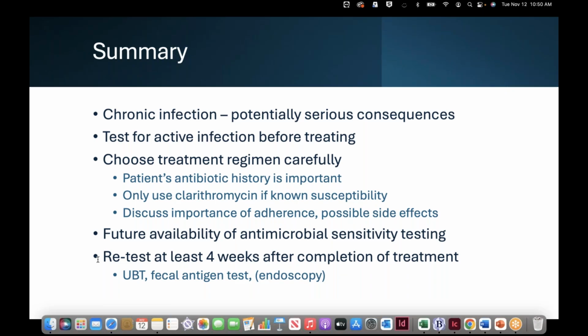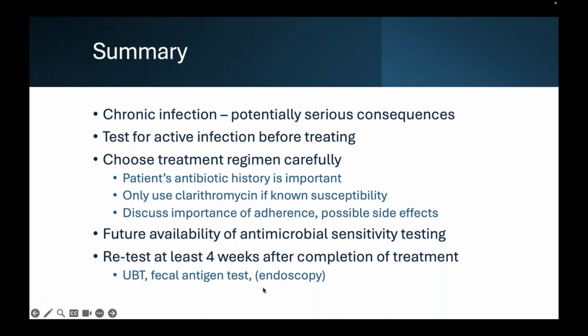The pediatric guidelines do not recommend testing and treating children of adults with infection, because infection in children can sometimes be transient, and so they would rather wait until they're adults and have established themselves to be positive or negative. And particularly if they have disease, if they undergo endoscopy, that would be the time to biopsy. So the pediatric guidelines are somewhat different.